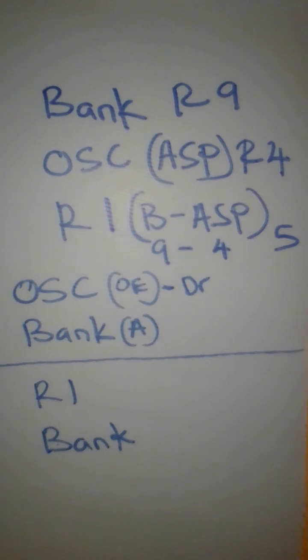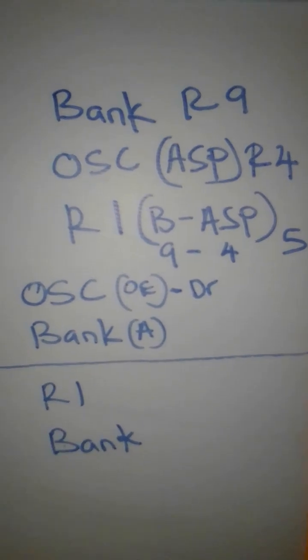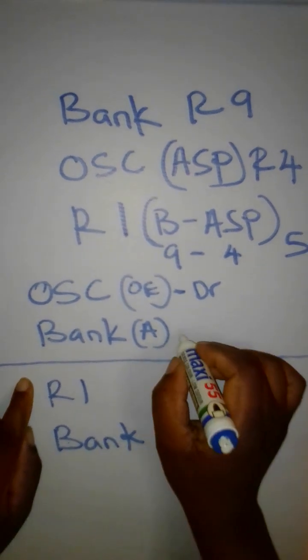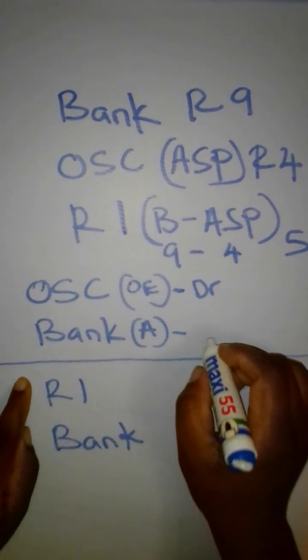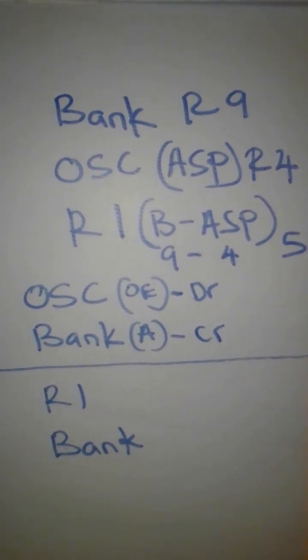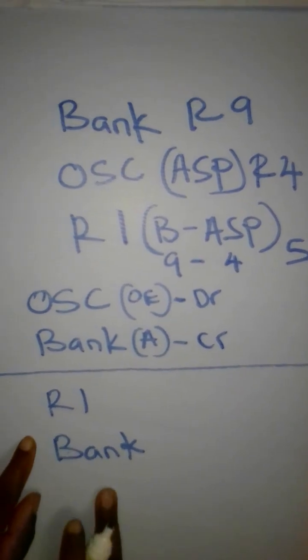Bank, what is happening to our bank because of the repurchase? Money is being taken out from the bank account to finance the repurchase. So it means our bank is also going to decrease. How do we decrease bank in the general ledger? We credit. Okay, let's do the same thing to the retained income and bank.